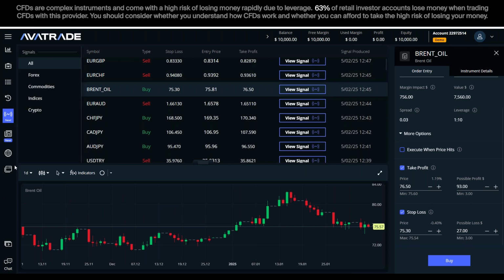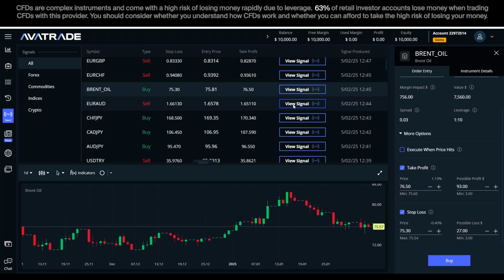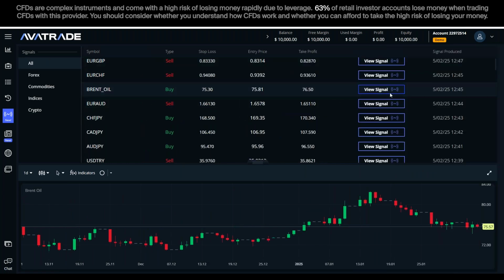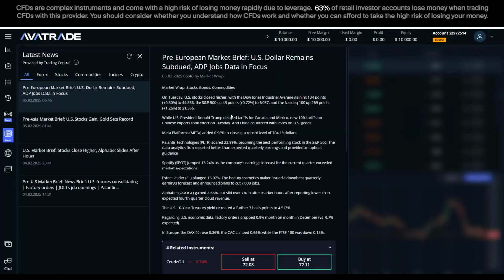All right, if we scroll down, we've covered this part till the signals. Underneath we have the news section. Just by the way, before we proceed, it is important to know that the signals are not manufactured by EduTrade, they are provided by the Trading Central. And if we scroll down to the news section, we see that the news section is provided by the Trading Central as well. Now, if we take a look at what we have here at the top, we have different